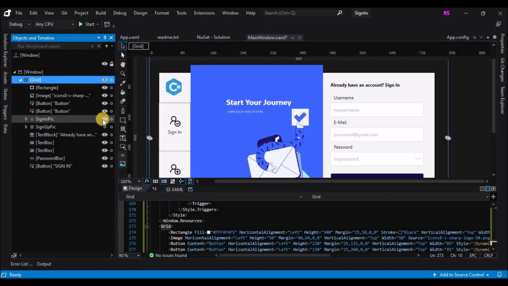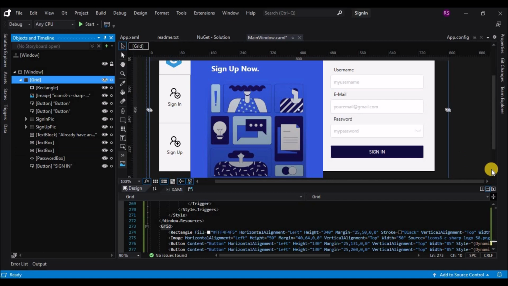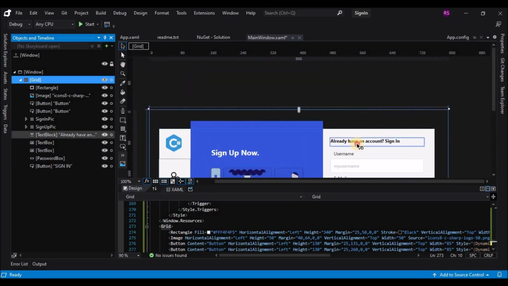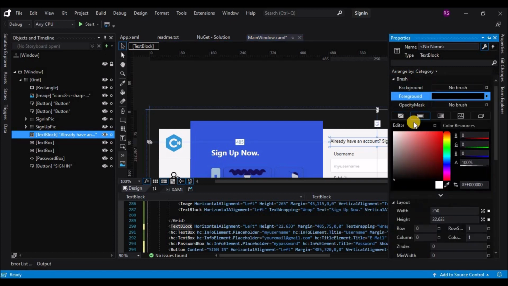Let's make the sign in visible. Okay, so let's select the text block on top and remove the bold and change the foreground color to a light shade of gray.